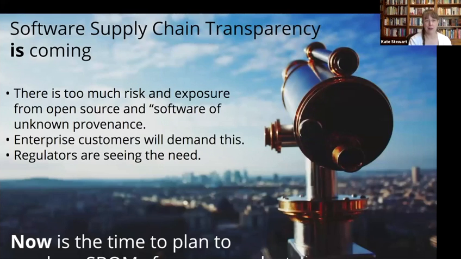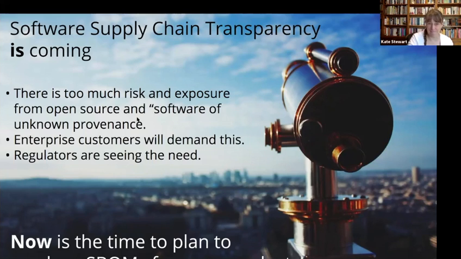So in conclusion, I'm going to say that software supply chain transparency is coming. I don't think we can avoid it at this point in time. People have been trying to for a long time, but I think it's overdue. And there really is just too much risk and exposure from open source and software of unknown provenance that's in